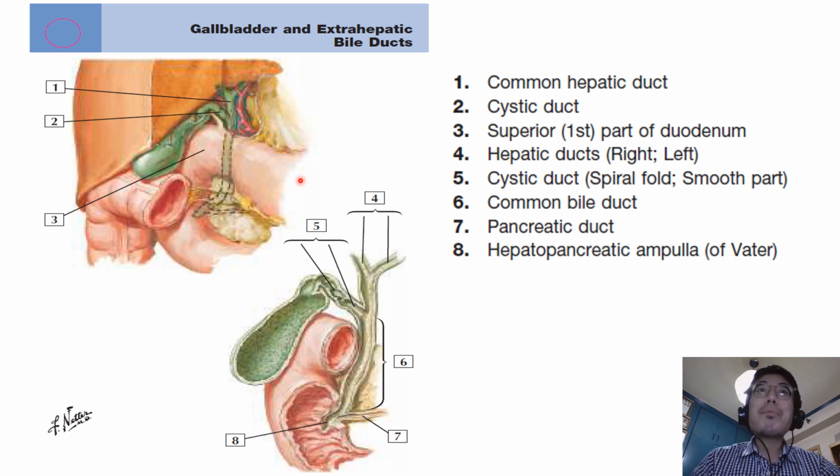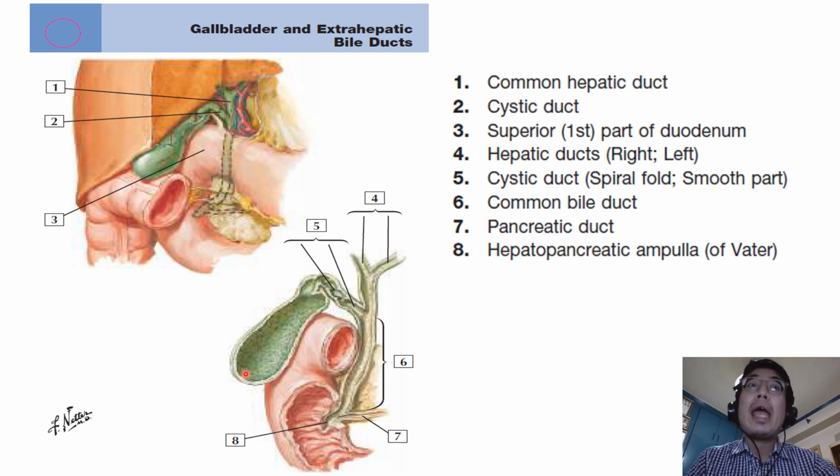Hello and welcome. These two illustrations are from Netter's flashcards of anatomy, where we will be discussing the gallbladder and the extrahepatic bile ducts. The first misconception we need to address off the bat is that bile is not produced in the gallbladder. Rather, bile is produced in the liver,